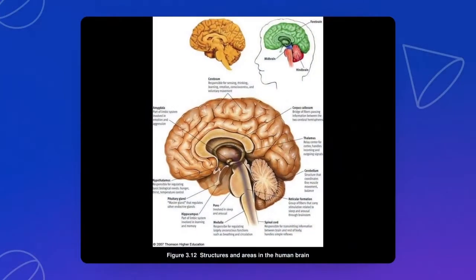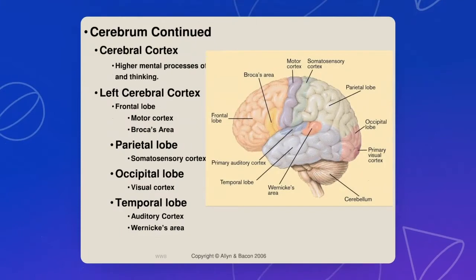So from top to bottom, the fore yung nasa taas, mid yung gitna, and then the hind yung sa baba, in relation to the brain stem, yung pinaka nagko-connect sa spinal cord. Okay. Now, those areas of the brain are associated, and let's talk first sa cerebrum, yung higher, yung forebrain, o yung pinaka cerebral cortex, yung higher brain na sinasabi. When we divide into these areas that you could see, some functions tend to be localized into those areas, and that's something that is established a lot by medical research now.